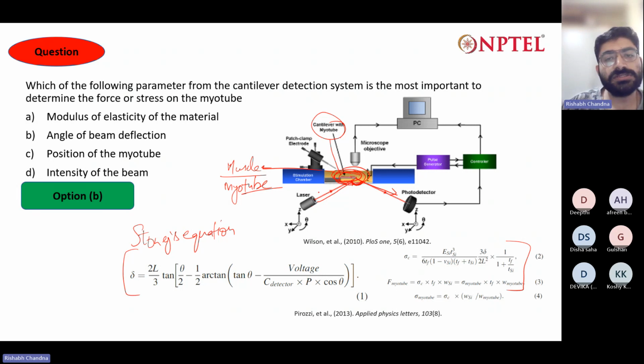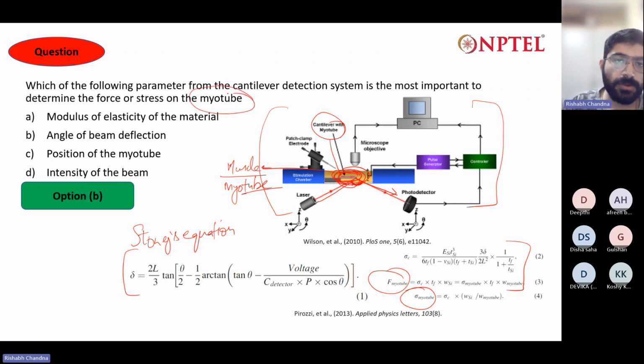So these are the constants that we keep in these equations, and we calculate the value of the force or the stress that we have to calculate of this particular muscle cell. Okay, so this is how the system works. This is the cantilever-based system for detection of force on a particular myotube. And these are the particular equations which help in calculation of that particular force using the angle of the beam